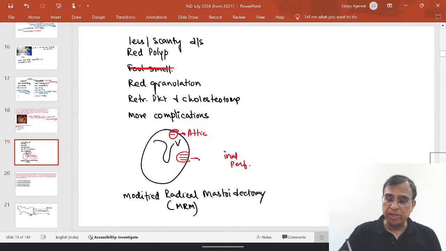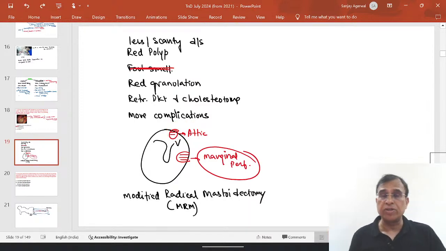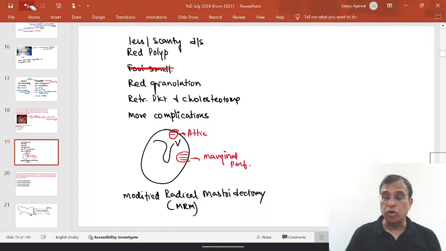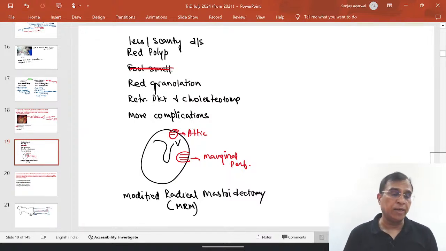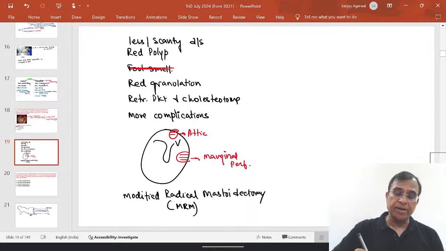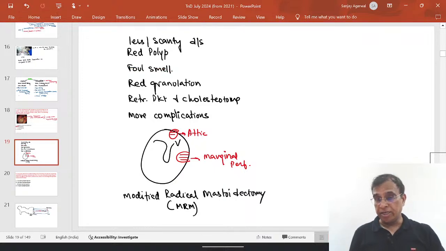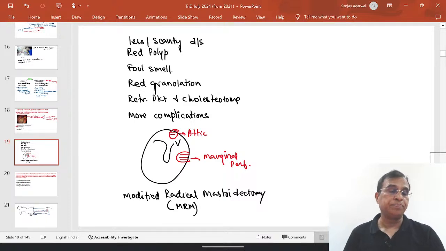So in this particular image that we have seen, in this particular question that we have discussed, although the smell is not mentioned as foul smelling, that does not mean it cannot be unsafe CSOM. It can be if it has any other feature. In this particular case, the image is telling you that because it has an atic perforation, it is unsafe CSOM. Okay, and in unsafe CSOM,